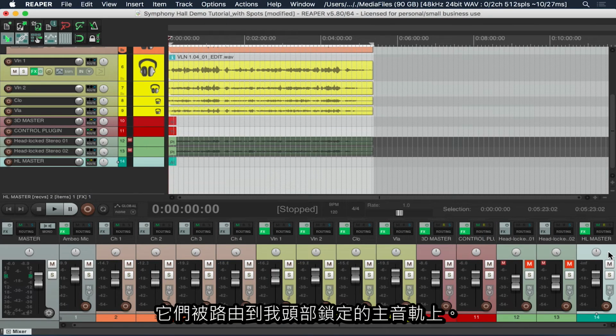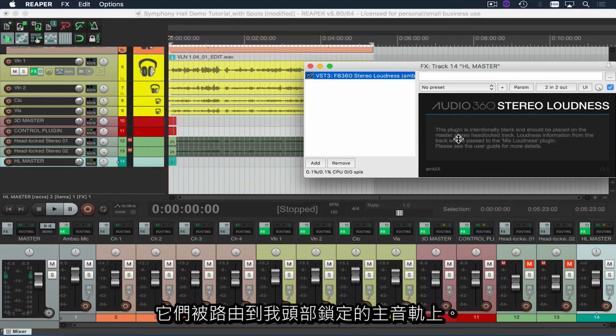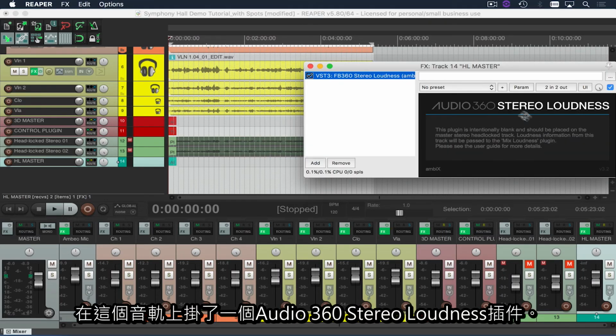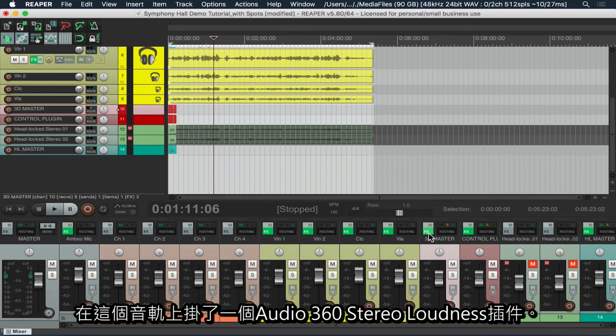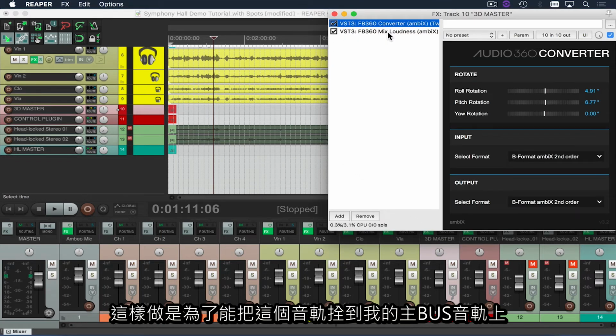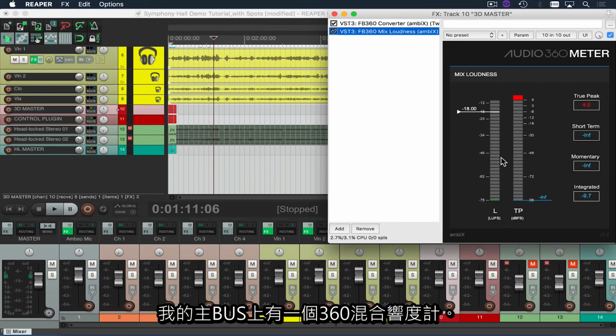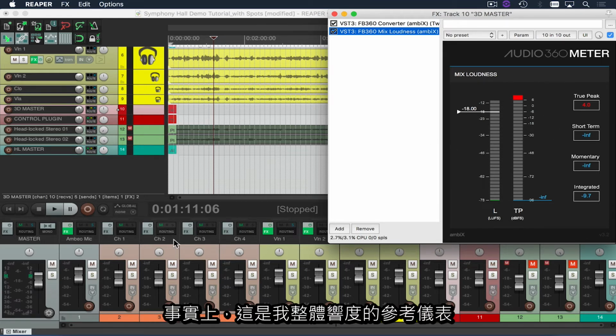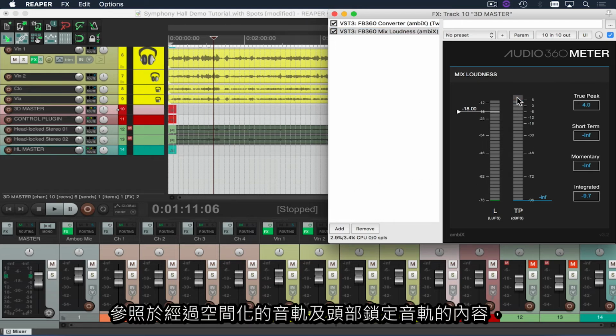Those are being routed through my head-locked master track. This has my Audio 360 stereo loudness plugin. What this is doing is tethering to my master track where I have my 360 mix loudness meter. This is in fact my overall reference meter for both spatialized content as well as head-locked content, and allows me